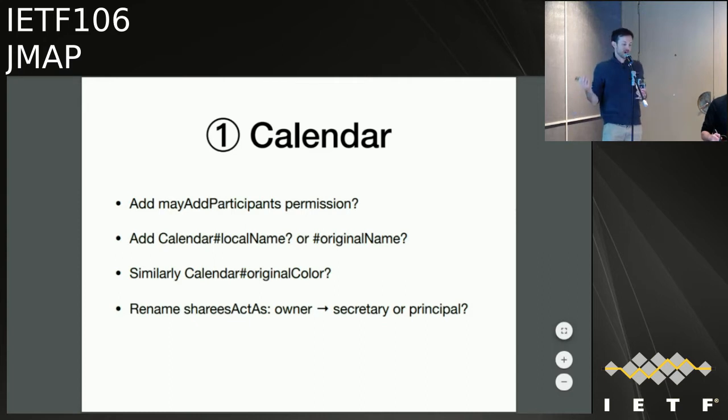So there's kind of two options here. One is that you make the name property writable for these sharees, but once they've written it, it's their local copy and that doesn't affect anyone else, which is fine, but also they don't see the original then. Or we could have a separate property that they can write so that they still have access to the original name, if that makes sense. So that you have two properties on the object, one which is the immutable original name, which only the owner can change, and one which is their local name.